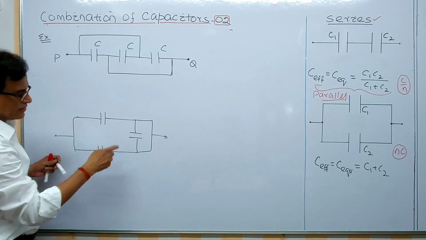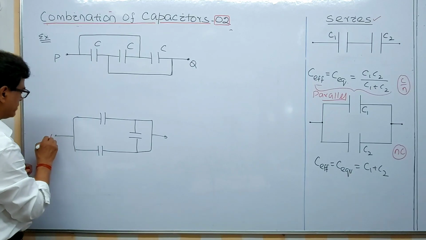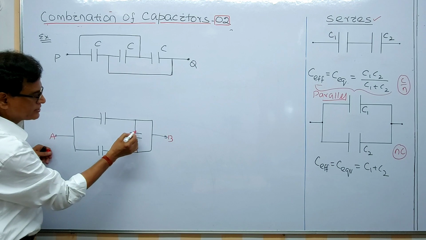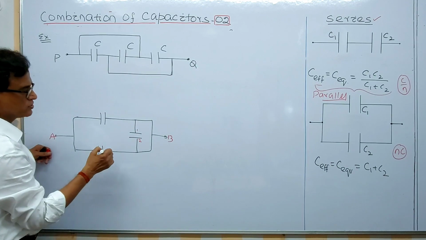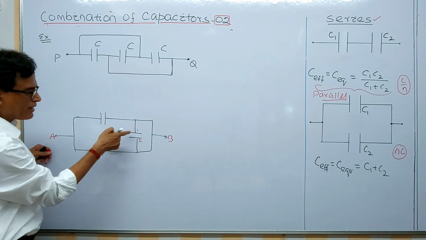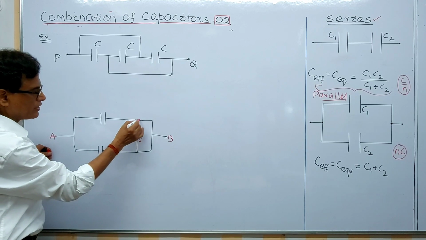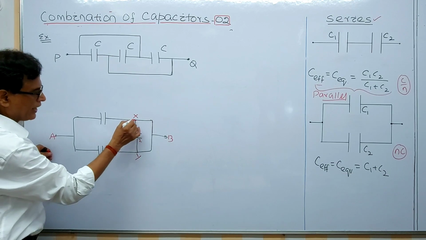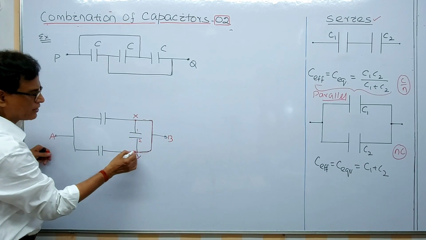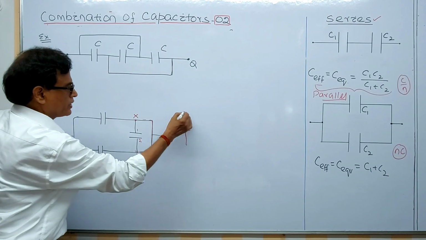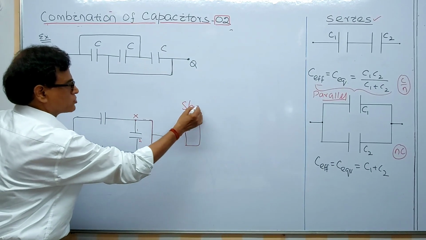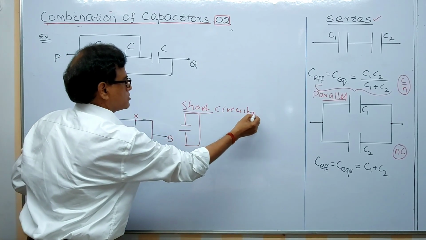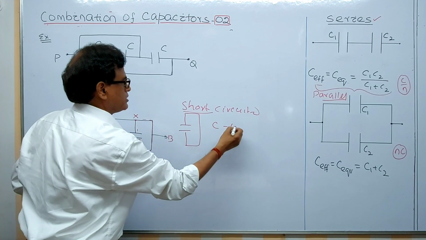Now here is a capacitor, and these are terminals A, B. These two are the capacitors. Here is a capacitor. This is one plate, this is the second plate. This is an insulator. It is a capacitor, but this terminal is connected. Say this is X, this is Y. X is connected to Y by this wire. If a capacitor is connected like this, it is called short circuited. So capacitance is undefined.